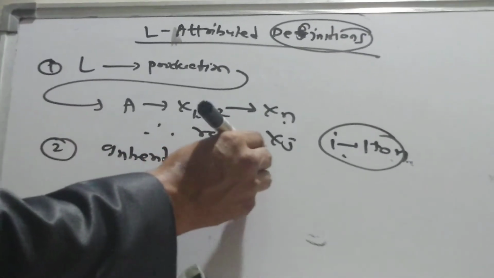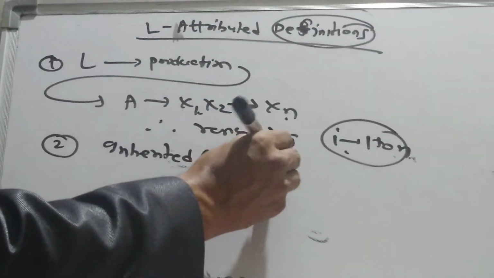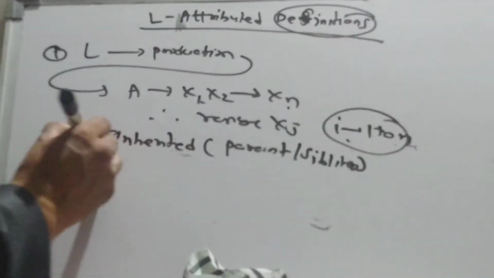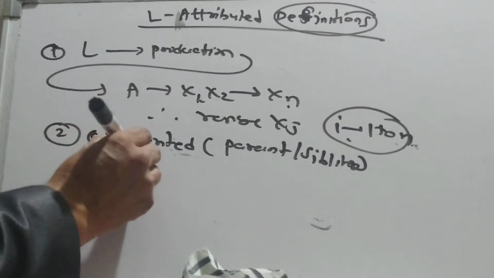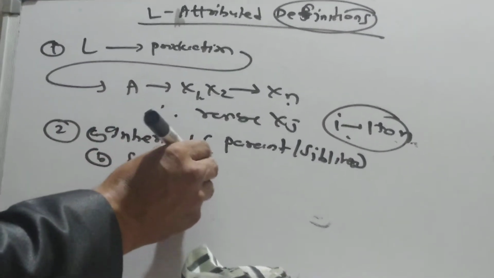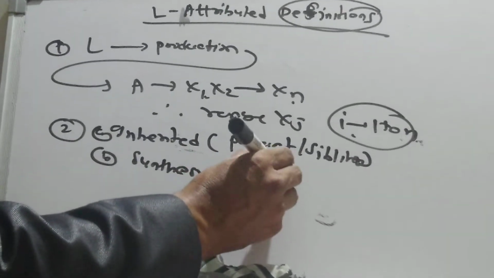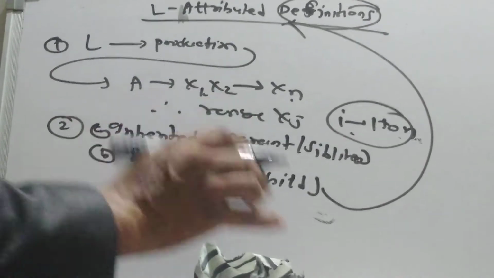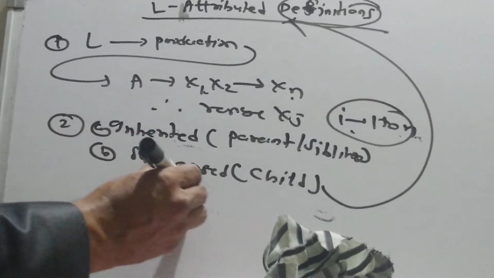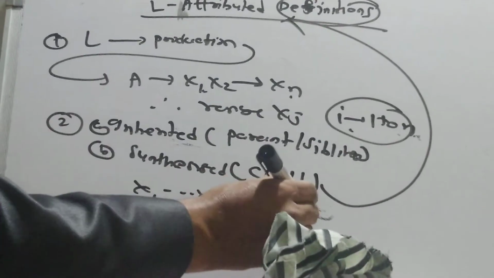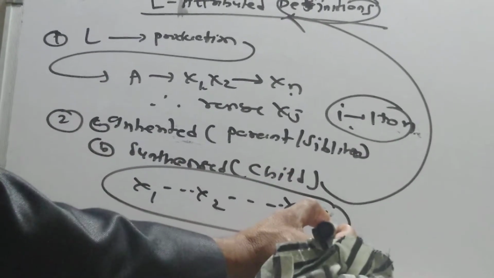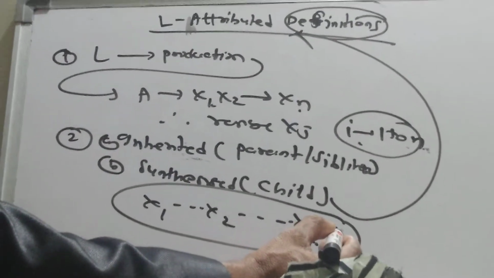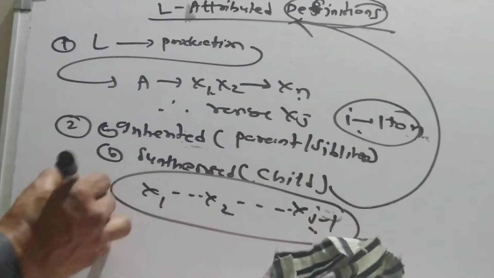Inherited, that means parents or siblings will denote the node, and number B, synthesized, that is equal to child node in case of the L attributed. So that means X1, X2, Xj minus 1, these are particular symbols to the left of Xj in the productions, and inherited attribute of A,